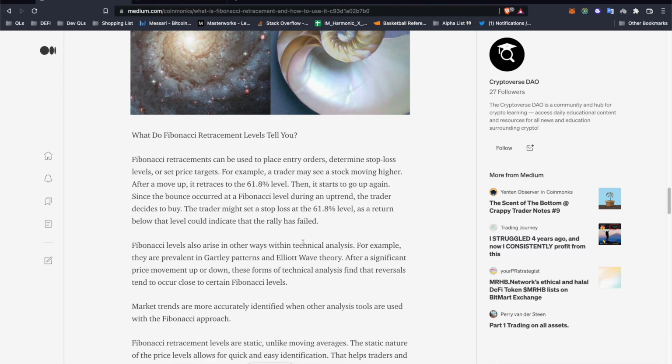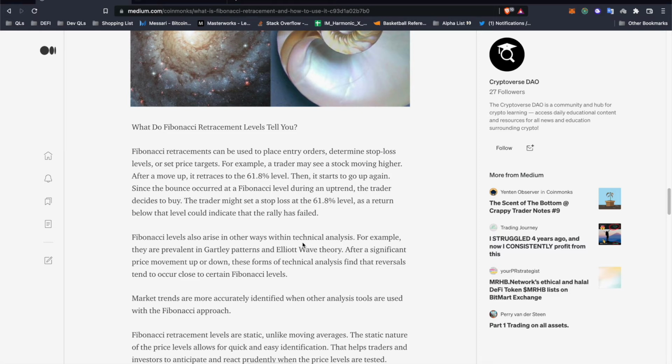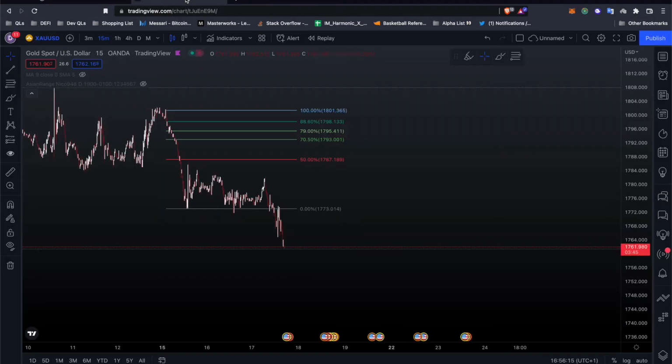So Fibonacci retracements can be used to place entry orders, determine stop loss levels, and set price targets. A trader may see a stock moving higher up. After a move up, if it retraces to the 61.8% level and then starts to go up again, since the bounce occurred at a Fibonacci level during an uptrend, the trader decides to buy. So as you can see here,